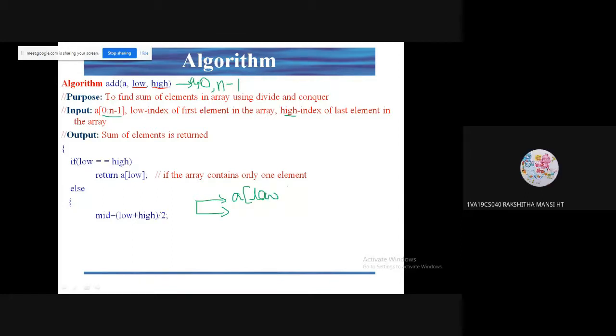0 to n by 2 minus 1, ma'am. No. If I use the concept of mid and using the low, high and all, what is the first half of my array? Ma'am, low to high by 2 minus 1. No. Using mid, ma'am. Low to mid. Okay. I have just chosen the first half to be low to mid. What is my second half? Mid plus 1 to high.